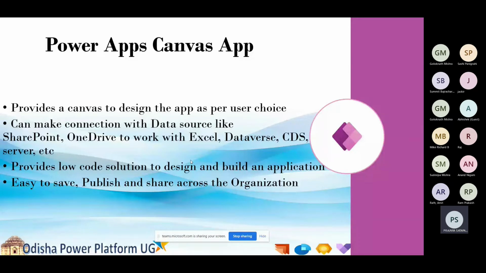And as you said, a Canvas App can pull data from over 200 unique data integration sources right out of the box, making it more flexible than the model-driven app.